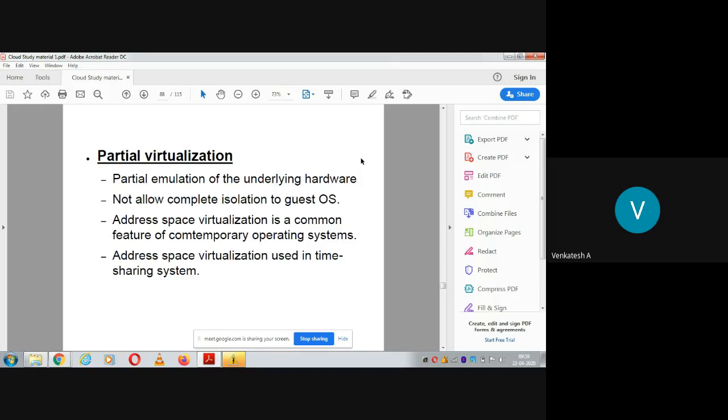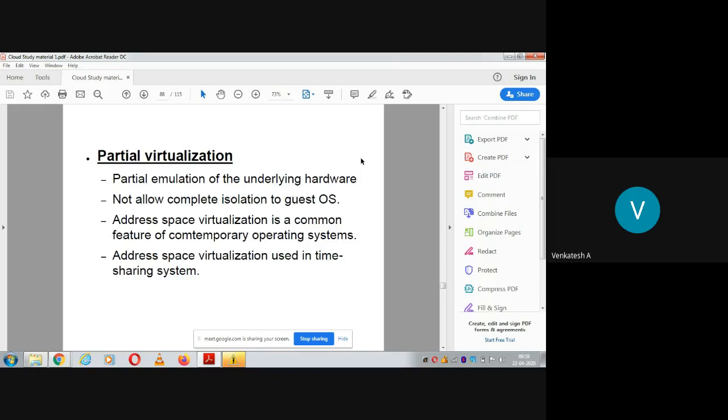And address space virtualization is a common feature that most contemporary operating systems will do. So here also the same thing, address space virtualization will happen. See, what is the meaning of address space virtualization? Actually, within the memory there will be address space where the execution happens and where the data is stored.